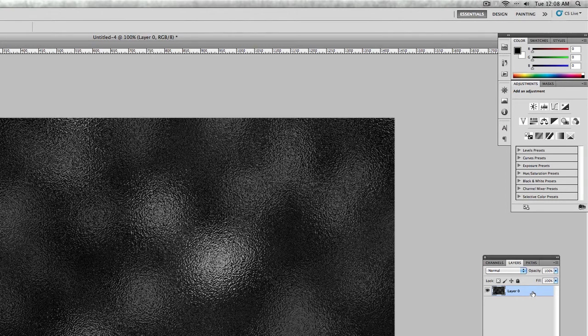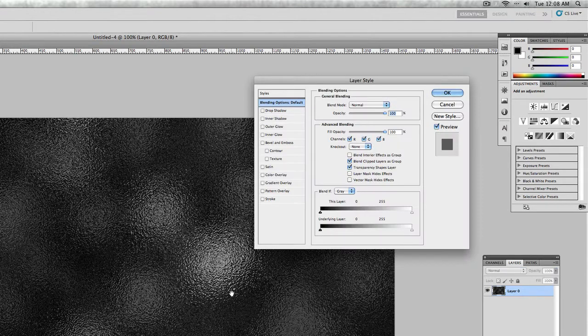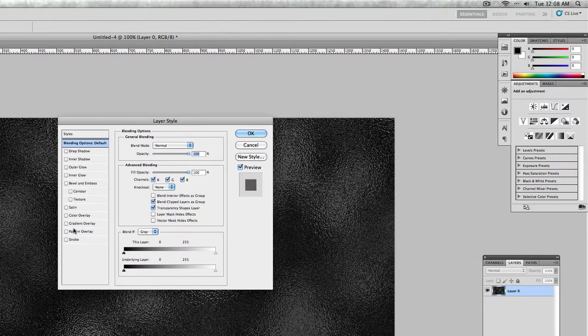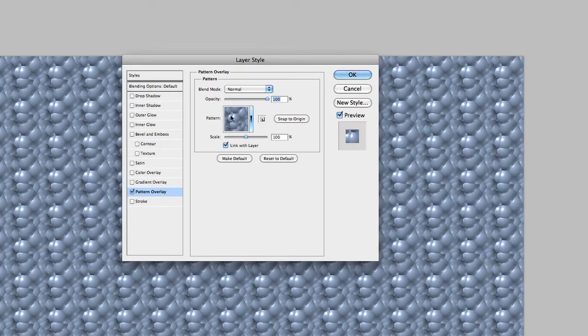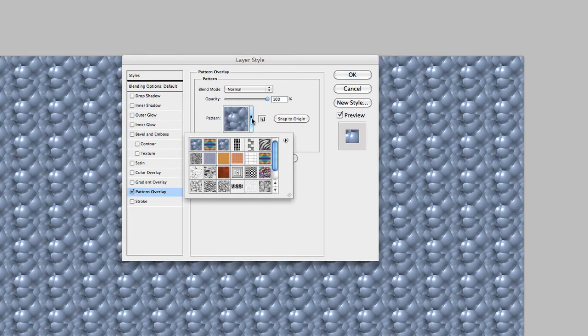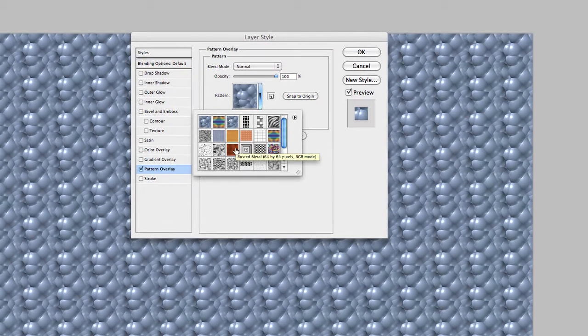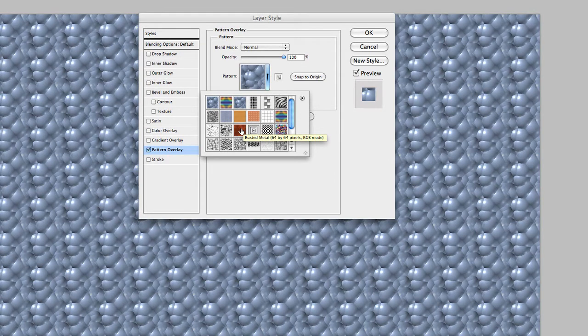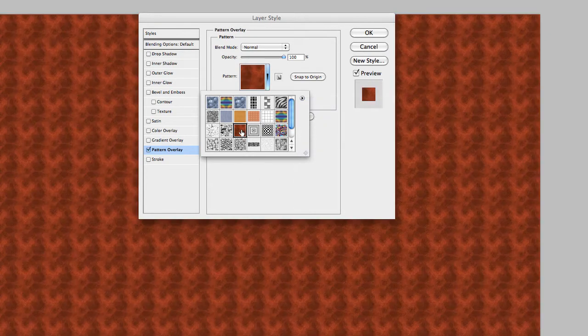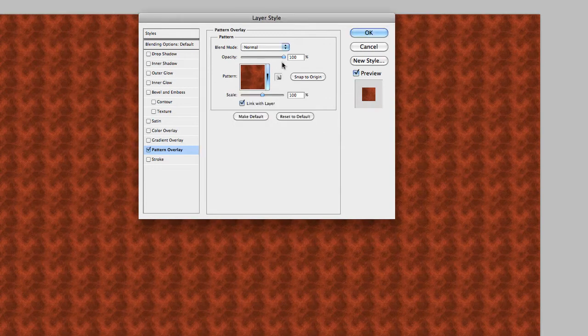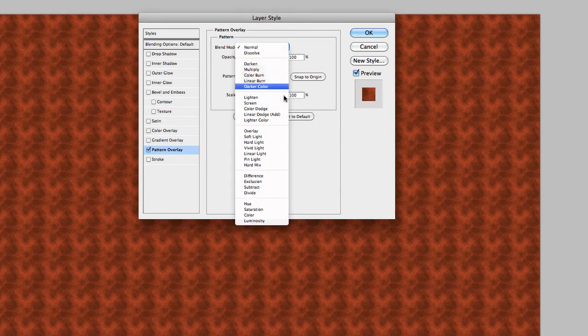You're going to double click onto the layer to go into the layer styles, and we're going to go into Pattern Overlay here. Check that. You're going to click into it, and you're going to have this default pattern here, but you want to change that. Click this little drop down arrow here, and you want to look for rusted metal. If you don't see that by default, you can go on this arrow here and just click on Patterns, and it should be in that group. That's a default Photoshop group. So just click your rusty metal pattern here, and we're going to change this blend mode to soft light,